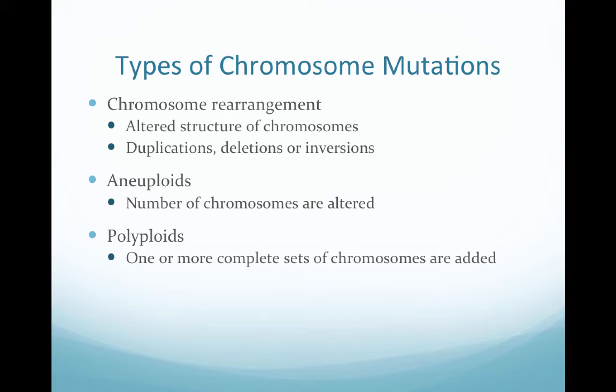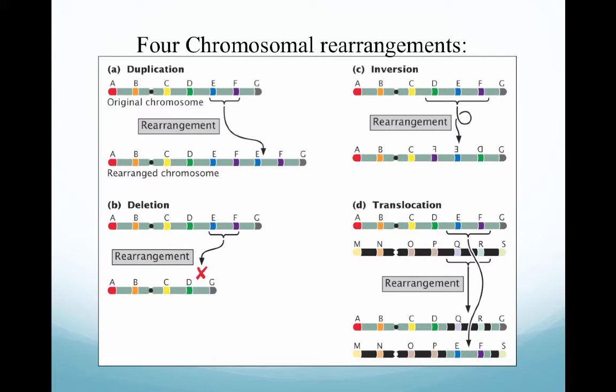Aneuploid mutations are where you are actually seeing a difference in the number of chromosomes that are present. So an alteration, whether it's deletion or addition. And then polyploids is where complete sets of chromosomes are going to be added. So this becomes really important when we're talking about hybridization of some of our crop species. So the four chromosomal rearrangements that we're going to be talking about are duplication and deletion, as well as inversion